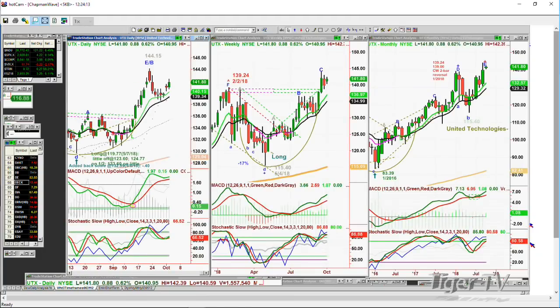What was the question? UTX and PPA. Yeah, UTX, very nice action, up 88 cents, 141.80. Still long. It's got this cup formation. I'm a little worried here because if the MACD starts to turn down and the stochastic's only at 66%, we won't get that leg D in the weekly for a little while. If it breaks